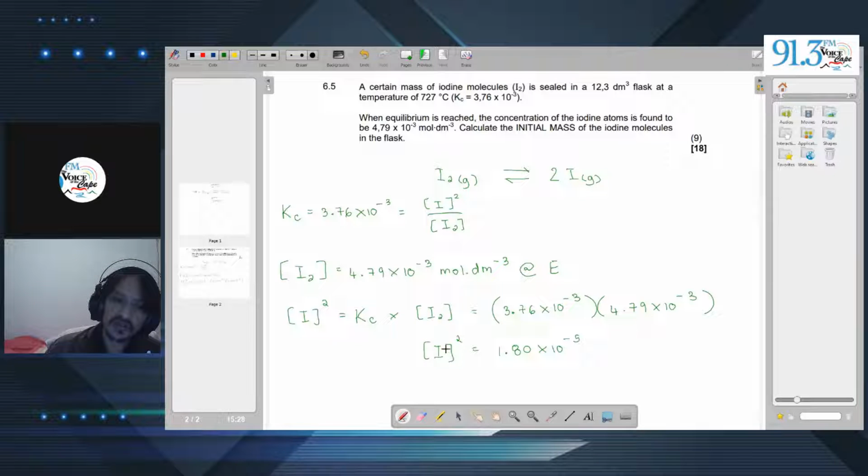Now, we can find the concentration of iodine at equilibrium by just popping in a square root. So we square this and we square this. Right, so that goes away, and then we'll end up with